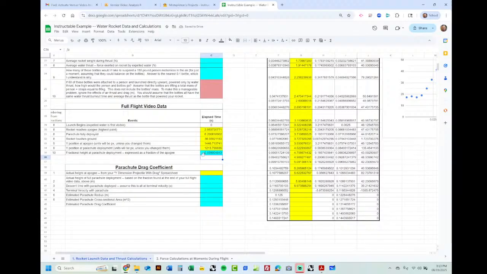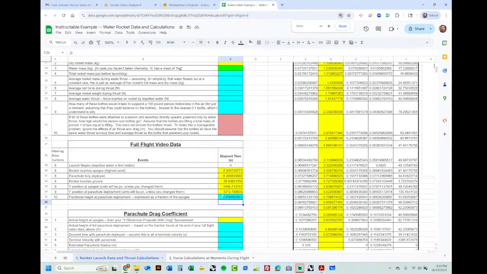So what that's going to allow us to do is, whenever you get to figuring out using another spreadsheet what the actual height at apogee was, you can multiply that by 0.84, or whatever your number is, and that'll give you the height at parachute deployment, which we won't be able to get easily in other